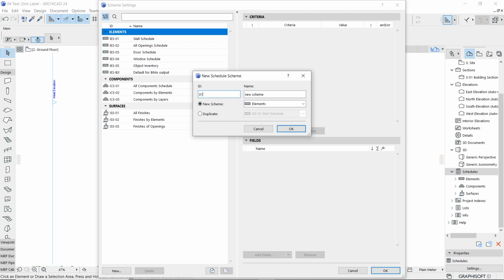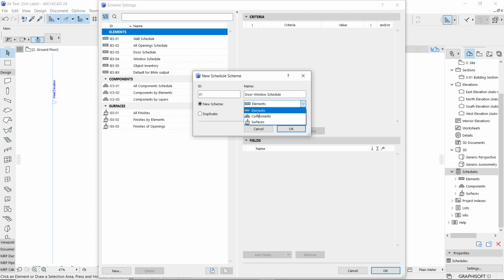That I'll put 01 as an ID so that it will get listed at the top and quickly I can identify that. And I'll write over here as a door window schedule. Okay. So once I've written this door window schedule as my title or the name, then it's saying, okay, this is a new scheme which I'm talking about, but related to whom? Whether it's focusing on the elements or components or surfaces. Then you'll say what exactly the difference is. That again I'll explain later when we come for the much finer tuning or detailing about our schedule topic.